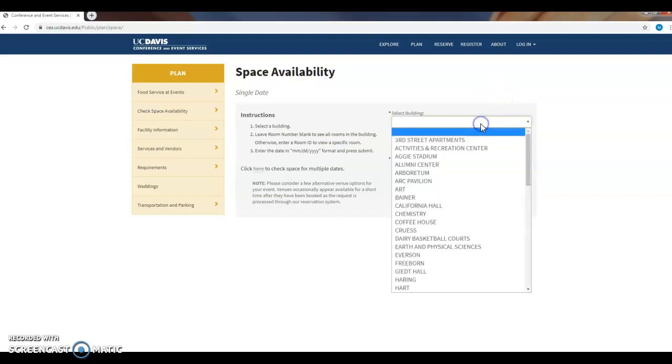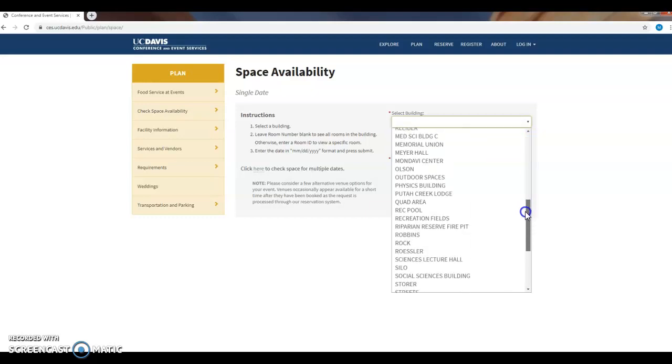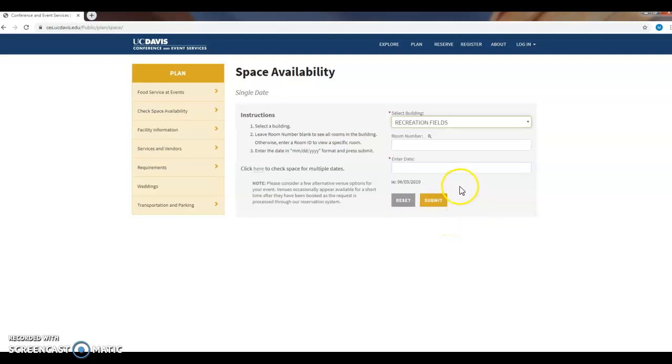Now you're going to want to search a building. Most of the time, if you're doing a conference room in the ARC, you're going to go into ARC Activities and Recreation Center. If you're looking for a field, you're going to want to look to Recreation Fields. So you're going to want to click that. Don't worry about the room number. Enter your date